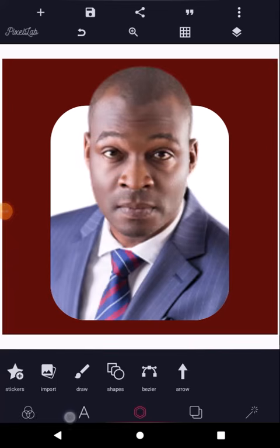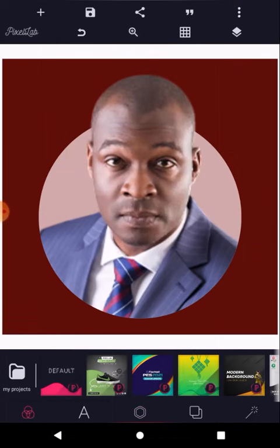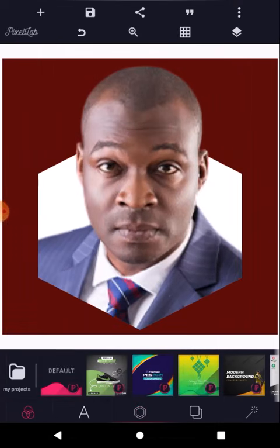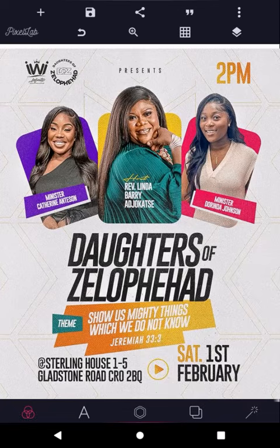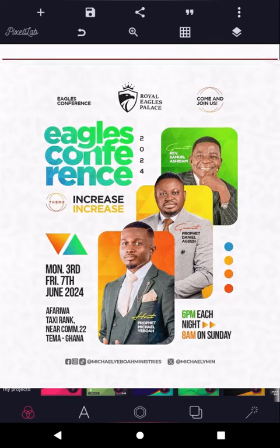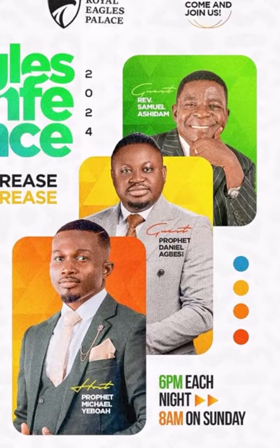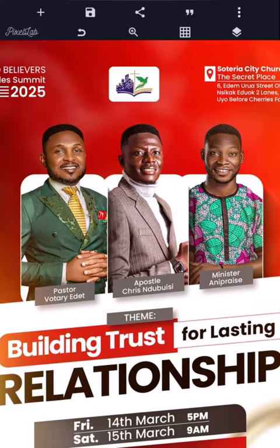So today I'm going to show you how to really mask like a pro. If you take a look at some of these files, you're going to see how these images are really put in that shape with some parts of the images extending above the shape itself. Alright, so that's actually a very, should I say, tricky